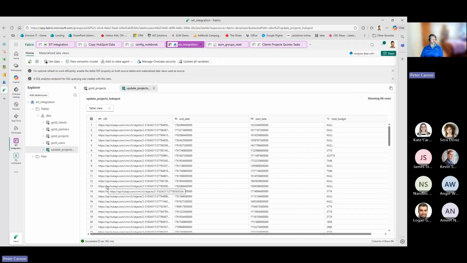We may leave that as a manual point to say, hey, just have somebody go and update QuickBooks as part of that. But the nice thing is you can have reports that show those differences to say, hey, here's a reconciliation, and maybe we don't want to automate this piece of it, but here's the records that you should go fix up. And there could be hyperlinks that take you right into QuickBooks to that customer to update that information, depending on your comfort of how automated you want to make this.